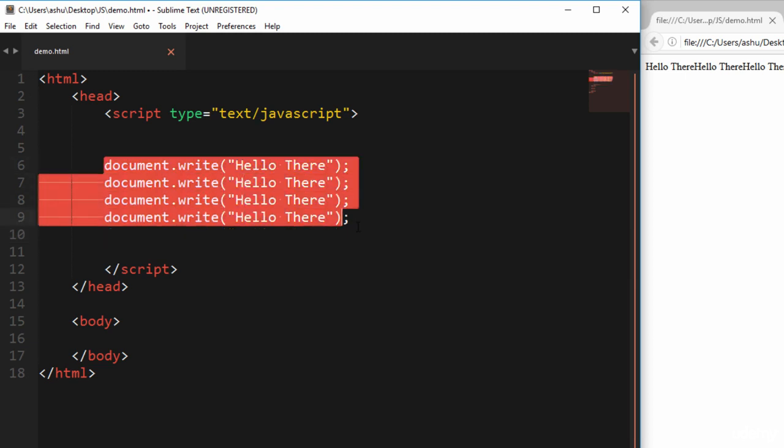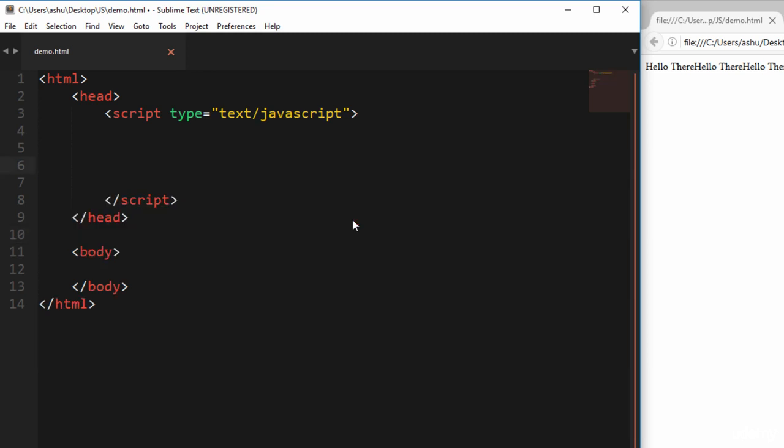So for the moment, I'm just going to cut this code, and let's go ahead and learn how you could create a function and how code reuse can be implemented. So in order to create a function, you type function. Now after typing function, you need to specify the name of that particular function. So let's say the function name is going to be display,